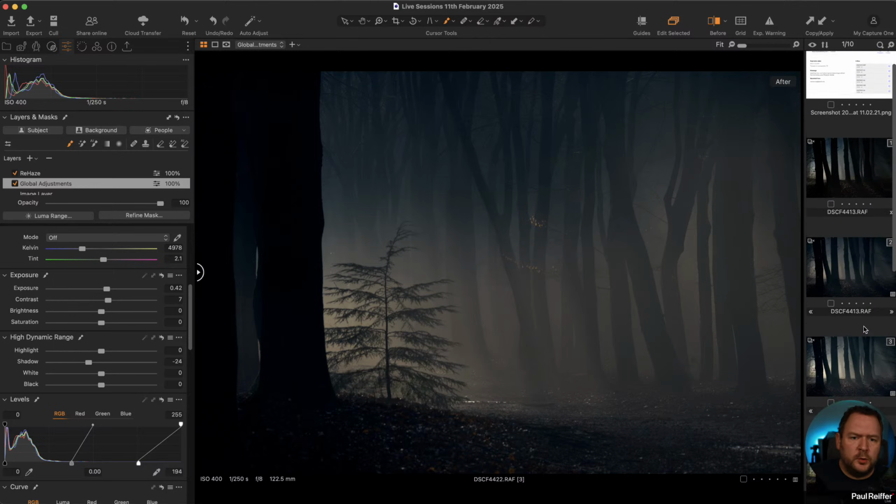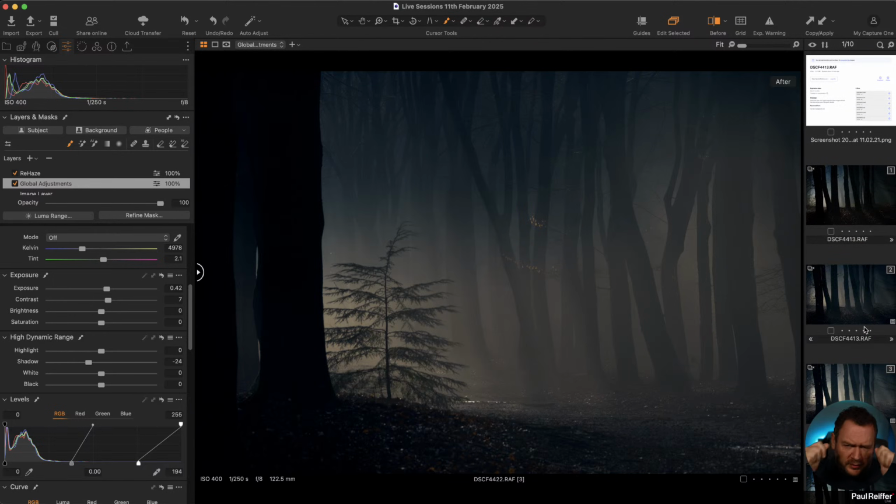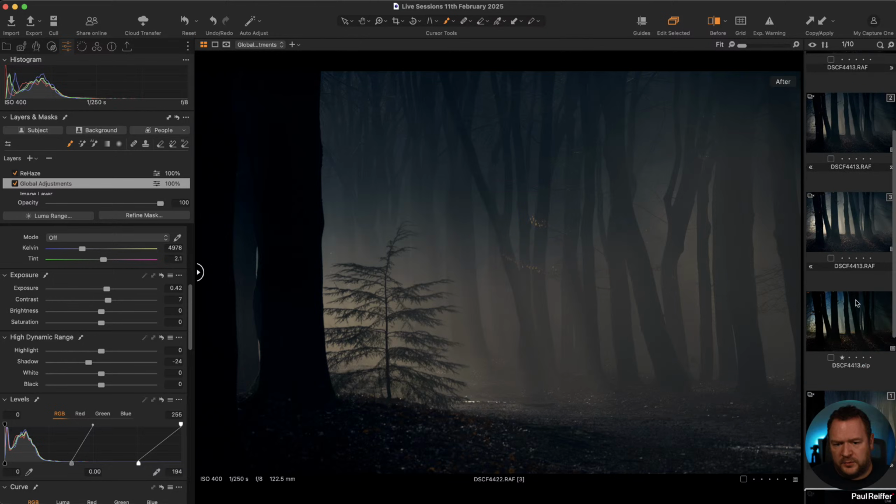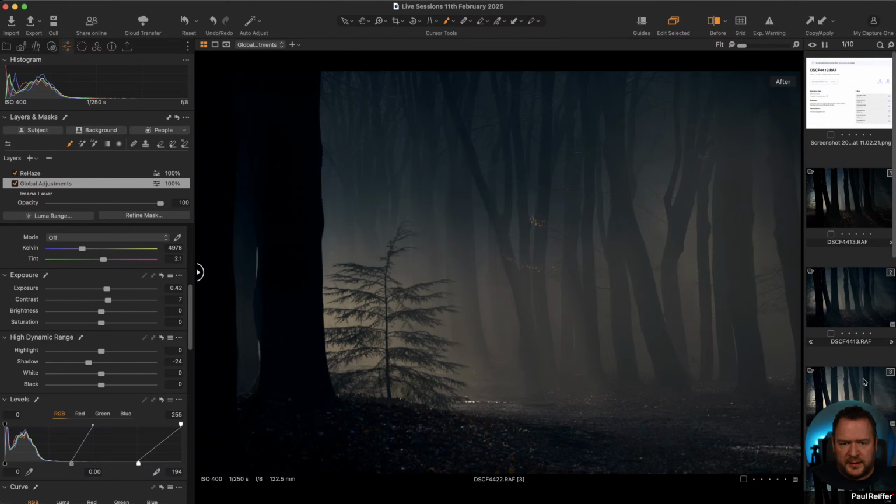Okay. So I know that was a lot of time on Ken's, but there's a lot of things in there to talk through, especially about thinking about the image. Stop thinking about the masks and the process and start thinking about the logic of the image. If an object has a reflection which is warmer, sorry, if the object is warmer, then its reflection should be warmer. If the sea has been, or the lake has been warmed up because of the perceived light, then warm it up. You don't need to recover highlights that aren't blown. You don't need to recover saturations that aren't oversaturated. If you choose to, you can, but sometimes just putting a layer in for the sake of it does more harm than good.